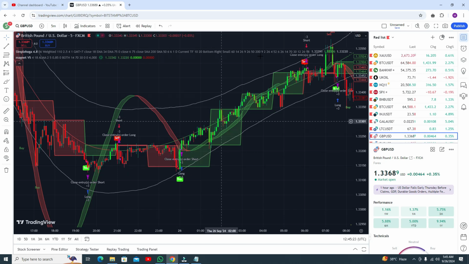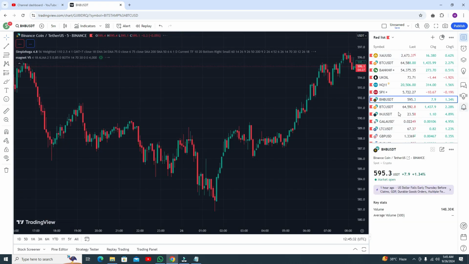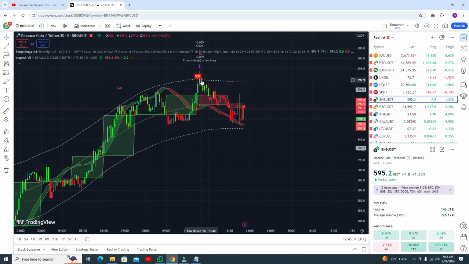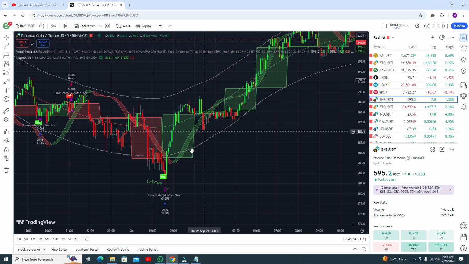Okay, I think I gave you all the details, and I showed you the results in some major pairs. This indicator works on all pairs like forex, crypto, all pairs. This was the most recent sell signal. And when any candle touches the lower band line, then you need to exit your trade. Okay, but you can watch it. It was a good signal, and now you are getting some good profit. Okay, the previous buy signal was amazing.